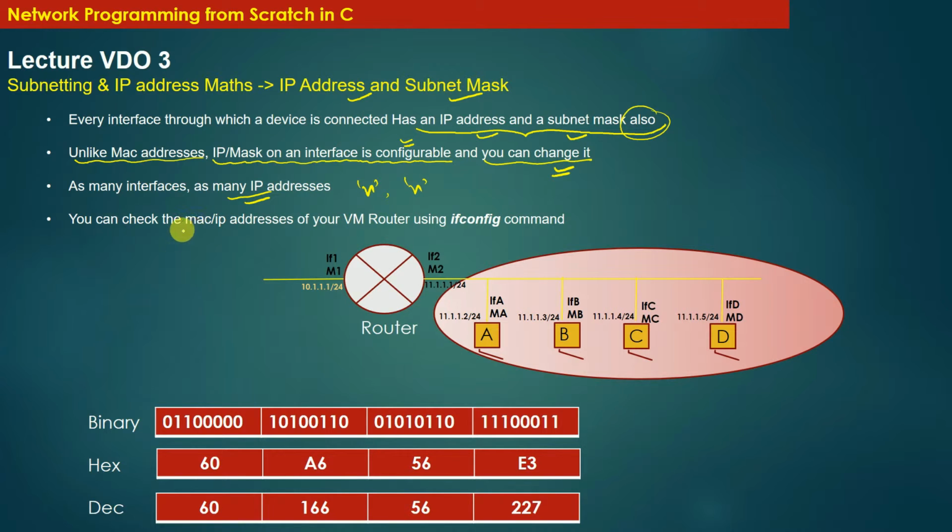And again, you can check the MAC address and IP address configured on various interfaces of your machine using the ifconfig command. So you can say in this example, every interface of a device, whether the device is a router or a host machine, is configured with the MAC address and the IP address. And of course, the interfaces have names,